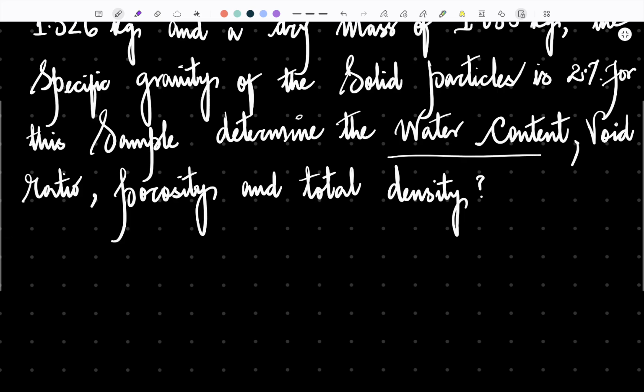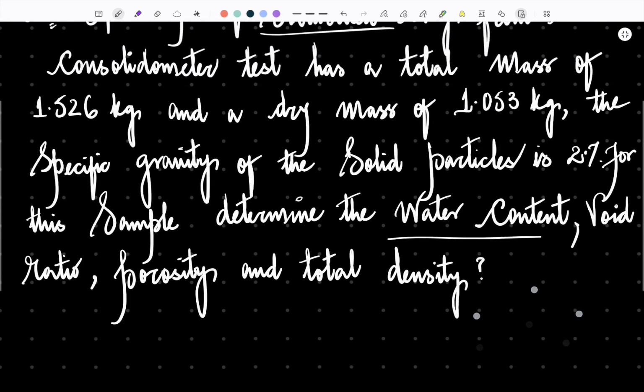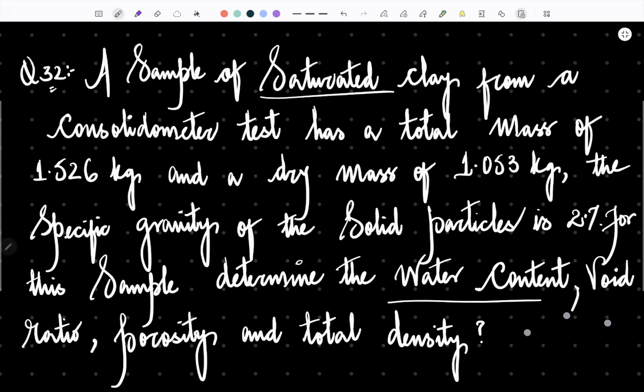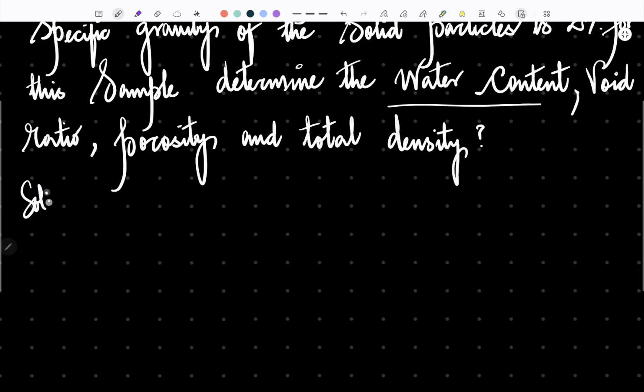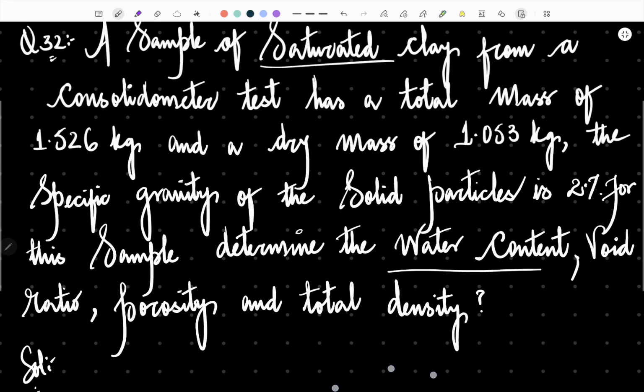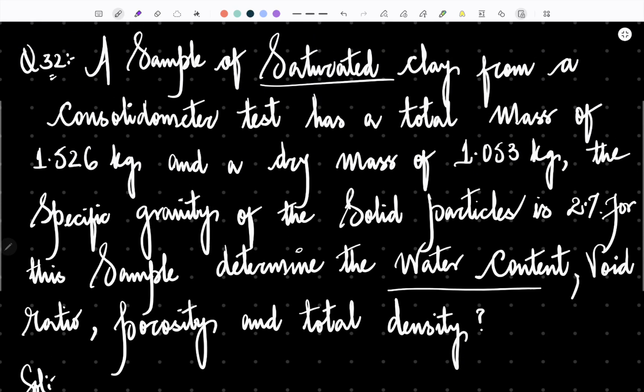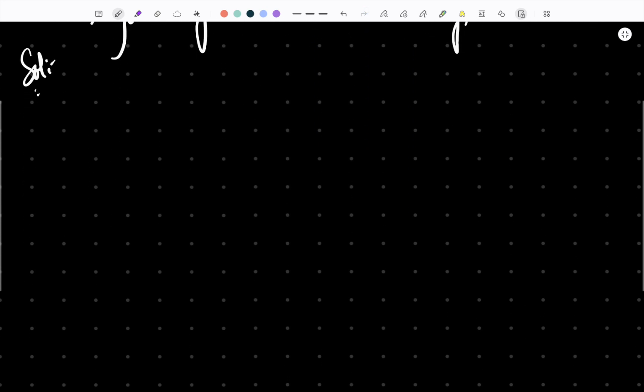All right, so let's solve. A sample of saturated clay from a consolidometer test has a total mass of this and a dry mass of this. The specific gravity is this much. We have to determine the water content, void ratio, porosity, and total density. Let's find the water content first. Water content is equal to